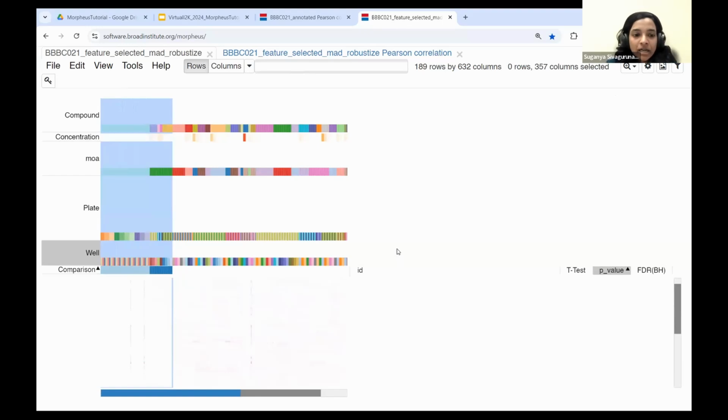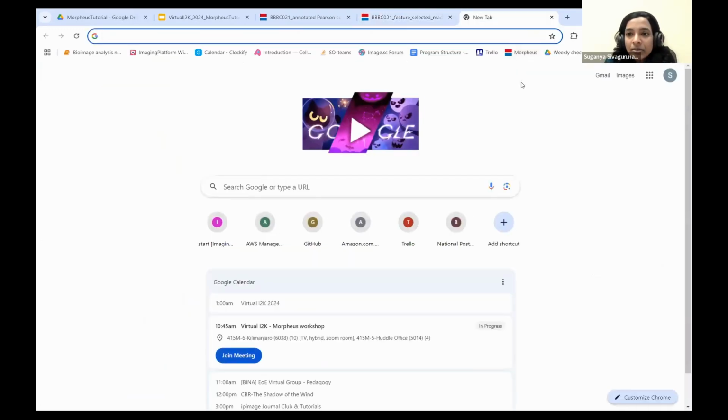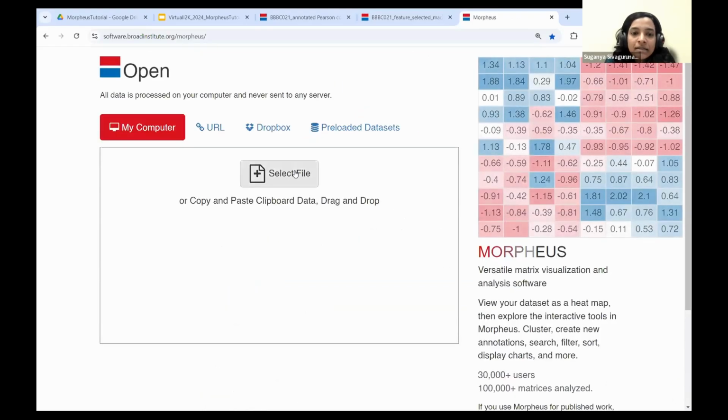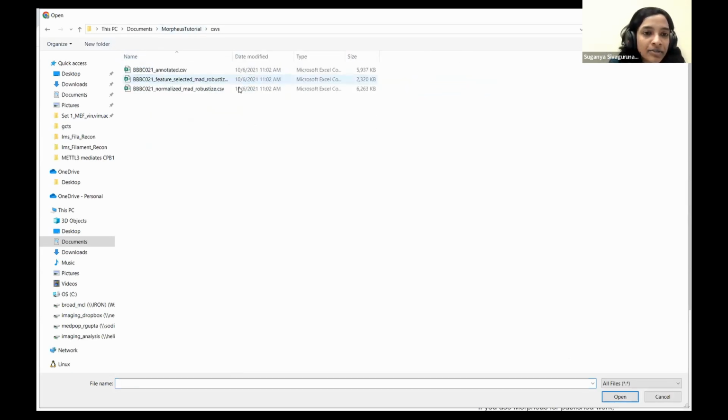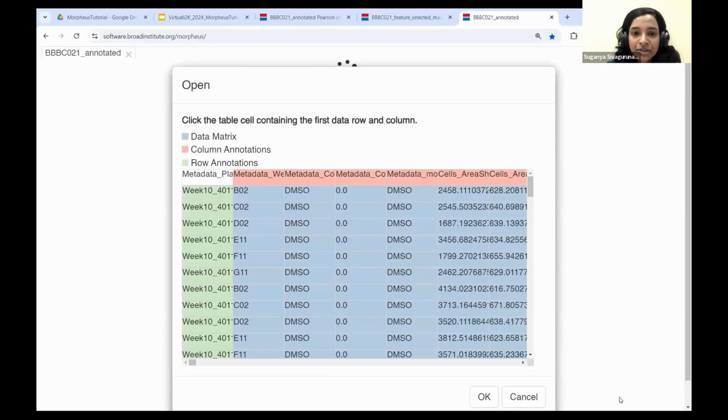So yeah, these are some of the things that I wanted to show in the demonstration. So far, I've been working with the GCT file. You can also do this with the CSV file. I'll also show how to do that so that we can get to the hands-on exercise part. If you load in Morpheus and choose a file, so far I was showing you the GCT file format. I've also provided the CSV and the GCT file format in the tutorial materials. So if you choose the CSV format, the only extra thing that you need to do is